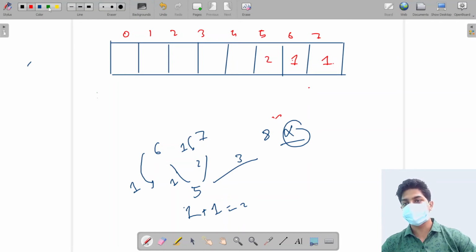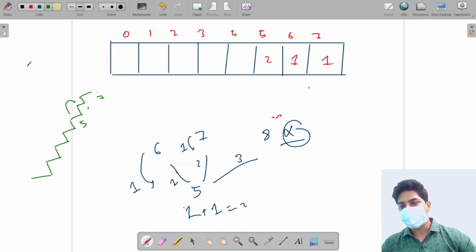And what are those ways? Let me tell you that also. So this is the 5th step, and this is the 7th step. One way is that I take a jump of 1 unit. I ask the 6th guy how many ways there are from him. He says from my point there is only one way, that is to take a jump of 1 unit, so I reach the 7th. This is one particular way, and this is the one I am adding over here.